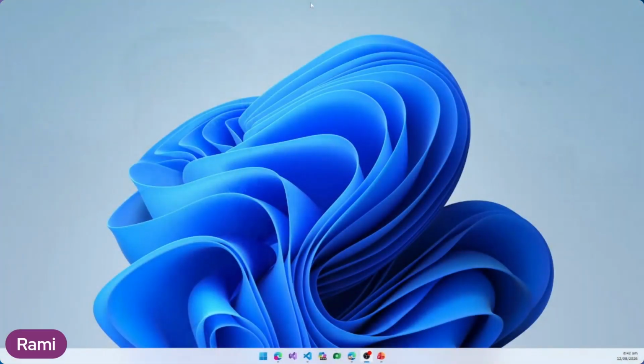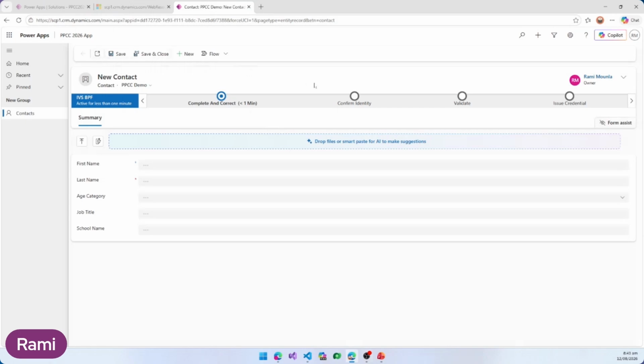Now, before I go into those details, let's go through a little demo and show you what a typical requirement might look like in terms of what a customer might want from you to build in the Power Platform. A very simple scenario that is quite common in day-to-day usage. So I'm going to switch to my demo environment. And in there, I've got just a simple form, a contact form that we are very used to, that we've seen many times before.